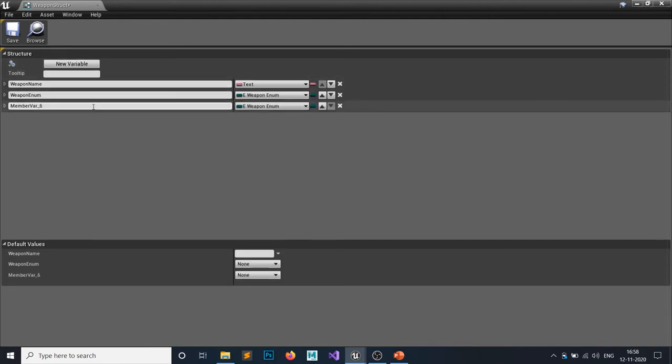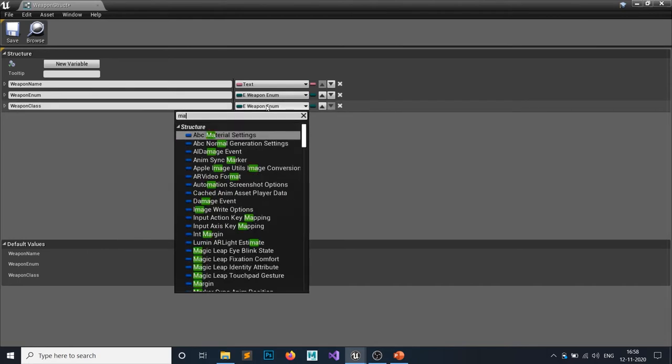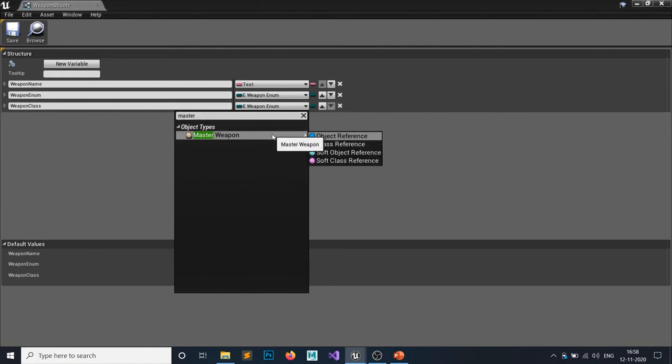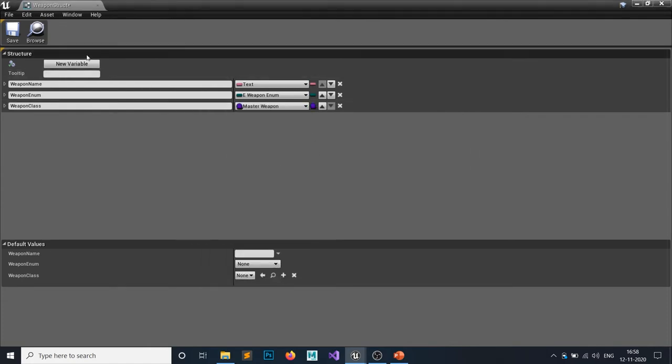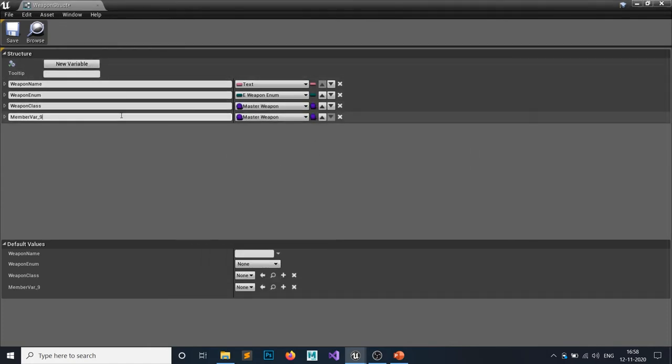Then we need a weapon class. The weapon class would be the class reference of the weapon, so the master weapon, but the class reference. Then we need a magazine size, mag size.